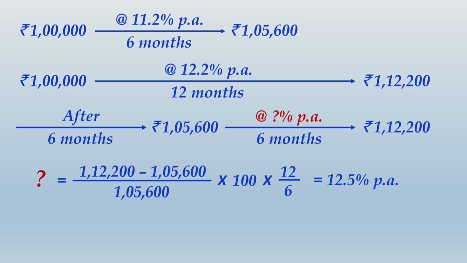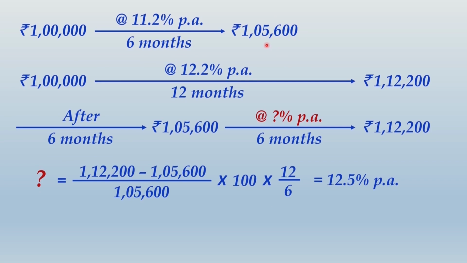Now, whether the case is of borrowing or investment, it does not make any difference at all. You can still make the calculation of FRA rate in the same way. Let me now explain from the investment viewpoint. Though the question is given from the borrowing viewpoint, it does not matter. As I said, you can take it from the investment angle. For example, if you invest rupees 1 lakh today for a period of 6 months at this interest rate, this is the maturity value that you will obtain after 6 months.